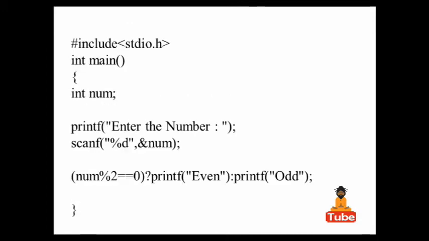Now I will implement it with the help of the ternary operator. As you can see, I am doing the same. I am asking the user to enter the number. Here the user is entering the number, then I am writing the expression, and the expression is to check the remainder of the number with 2. If it is equal to 0, then it is an even number, and expression 1 will be executed. If it is not, then expression 2 will be executed. So it is quite simple to understand that when you can apply an if else, you can apply this ternary operator.